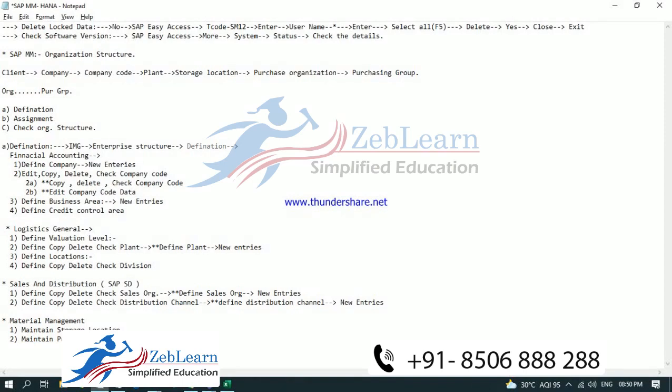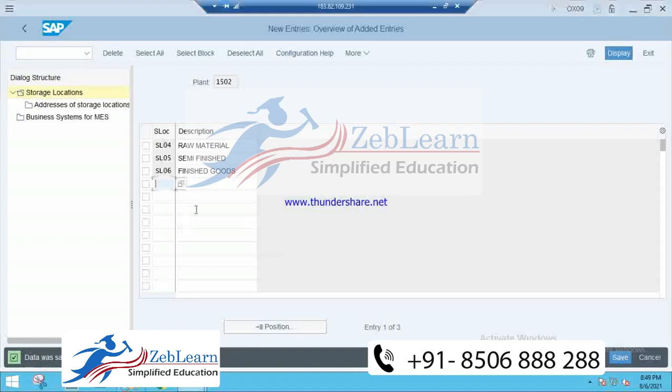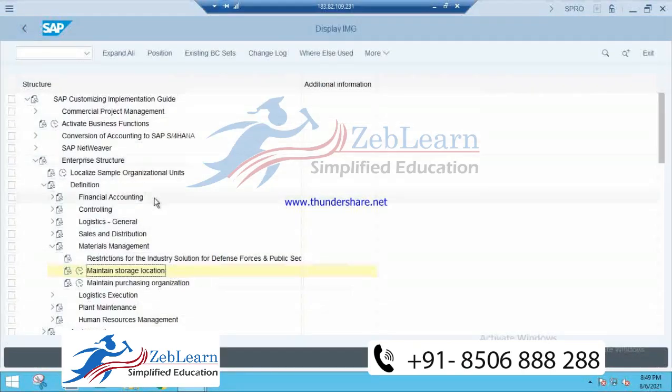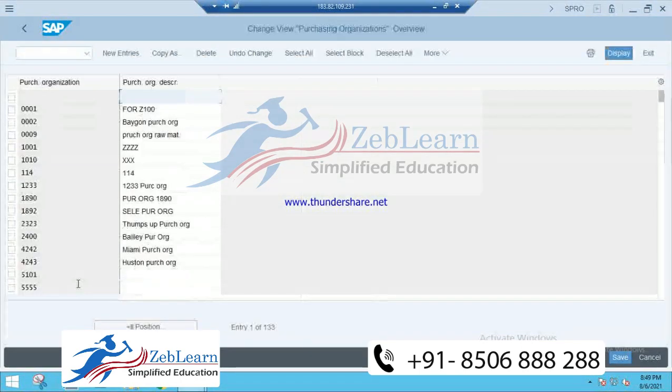Now let's go to the system. And we will go to this option, maintain purchasing organization. After maintain purchasing organization, put a down arrow and write new entries.